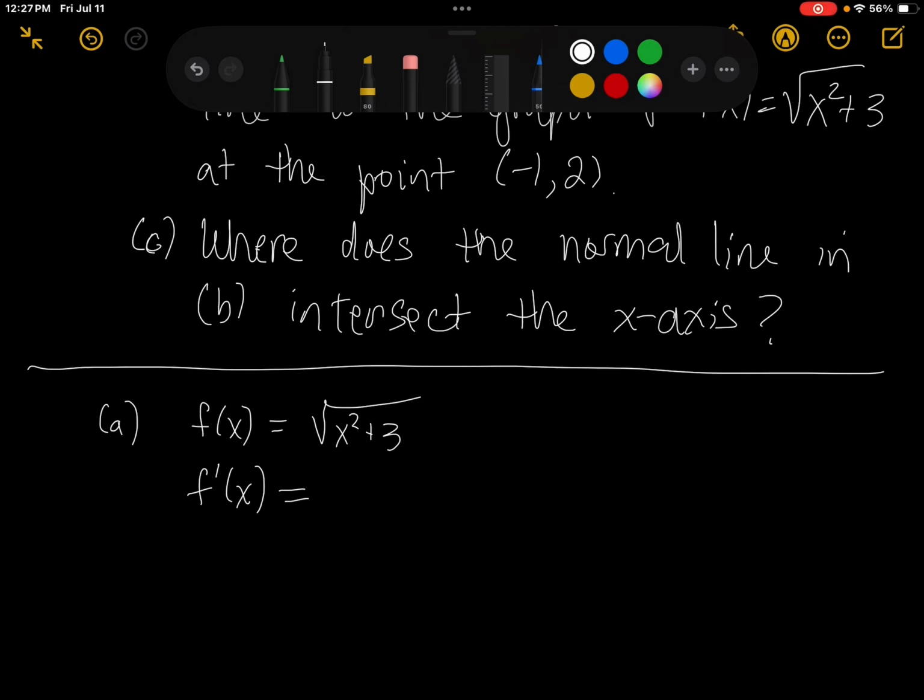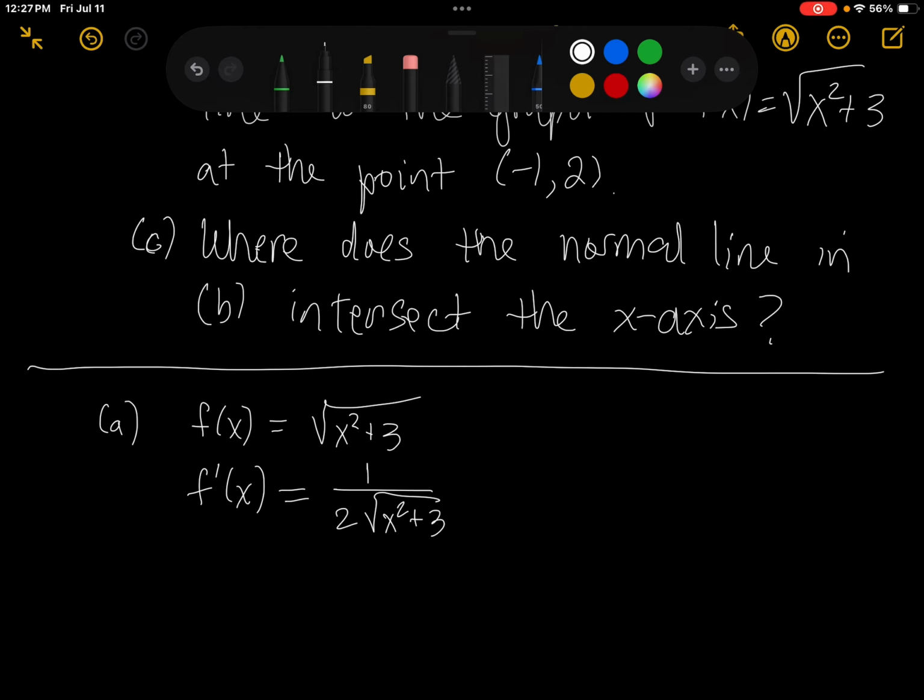So what we need to do is take the derivative of the outside function. So the derivative of the square root of x is 1 over 2 times the square root of x. But instead of plugging in x, we need to evaluate f prime at the inside function, which is x squared plus 3. And then we need to multiply by the derivative of the inside. And the derivative of the inside is,